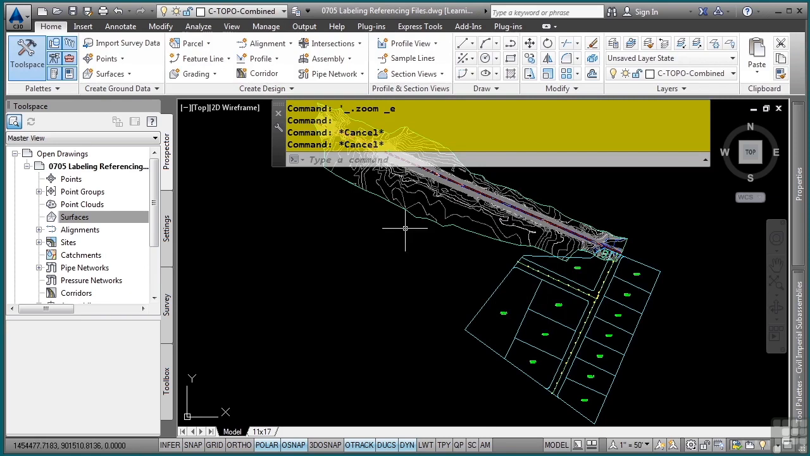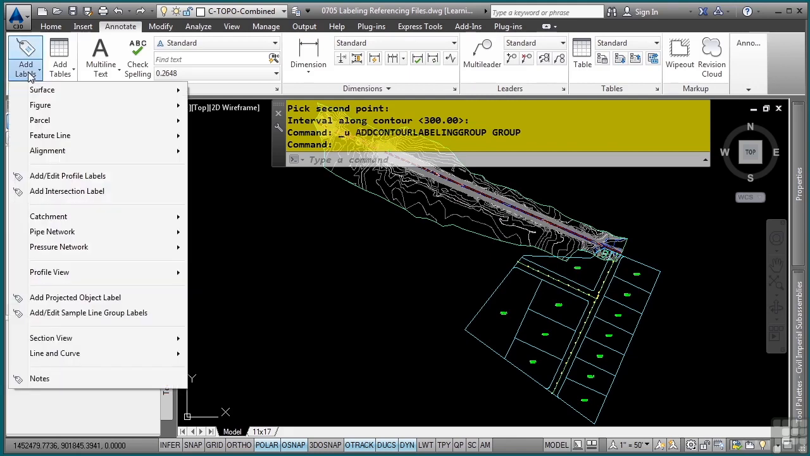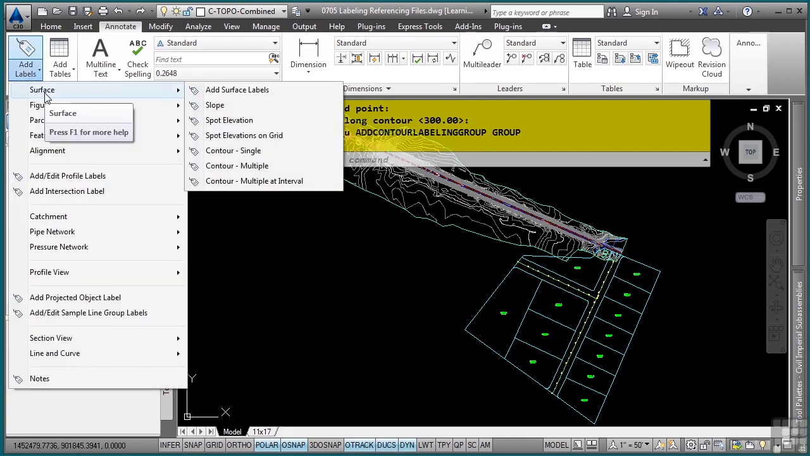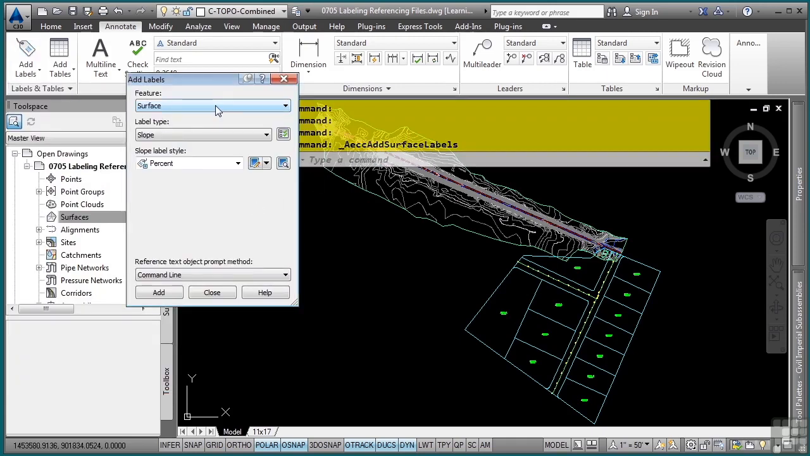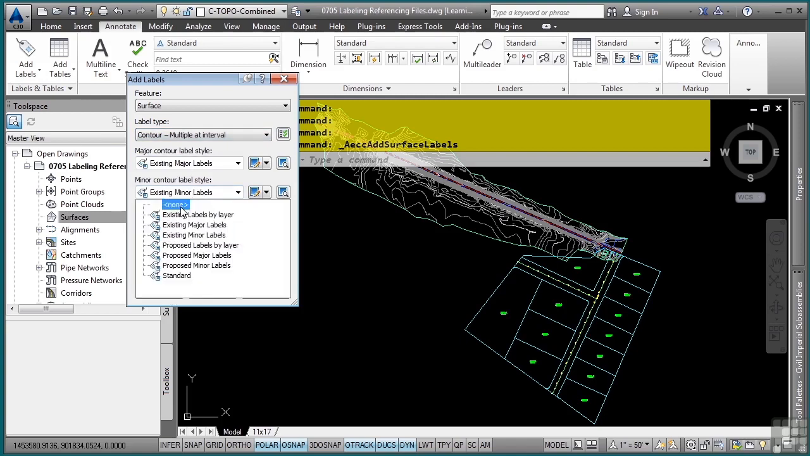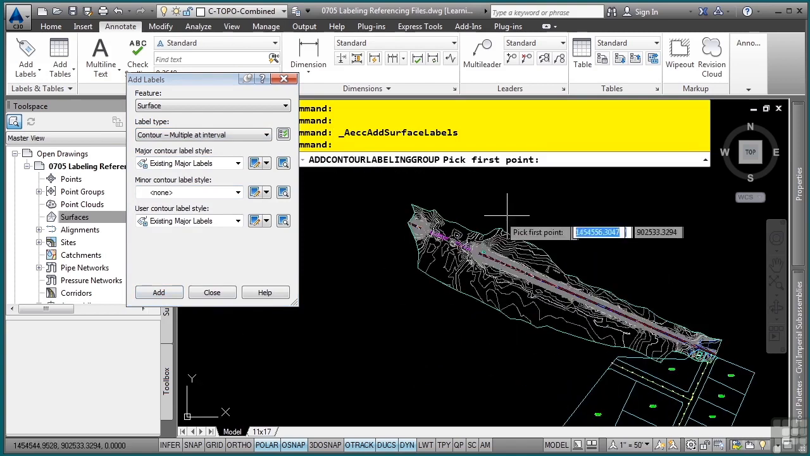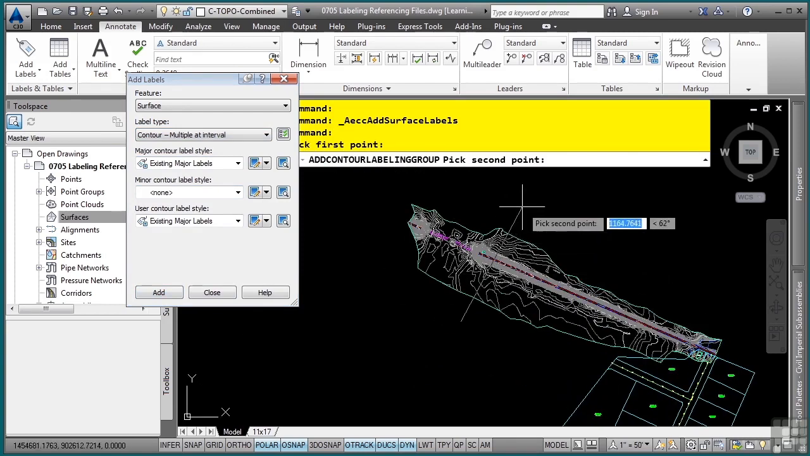I can actually use Civil3d labeling to annotate these Civil3d objects. So in the Annotate tab, Label and Tables panel, I'll choose the Add Labels dropdown, and then I'll go to Surface, and you could choose one of the default tools, but it's always a good idea to choose the Add Surface Labels or the top one, which will actually allow you to pick a style to display the labels. I'll choose the Contour Multiple Interval, select my styles, and if I want to choose none for a minor, let's choose none, choose Add, and then I'll simply pick my first point, and I'll go across all the contours I